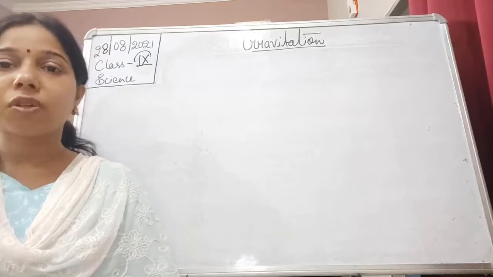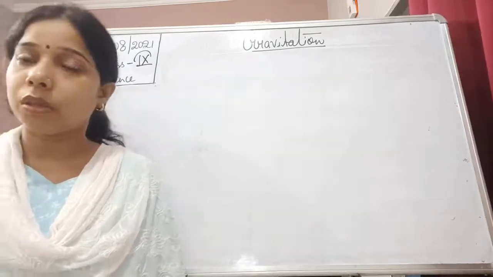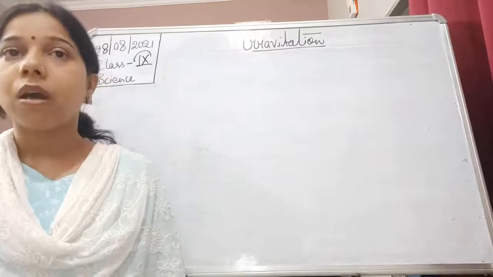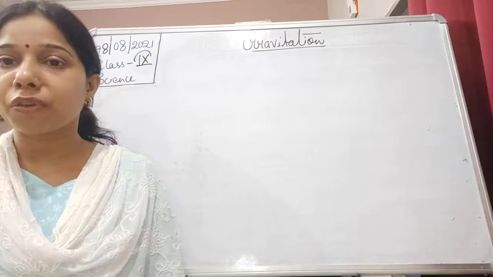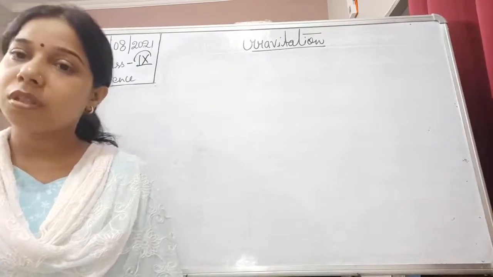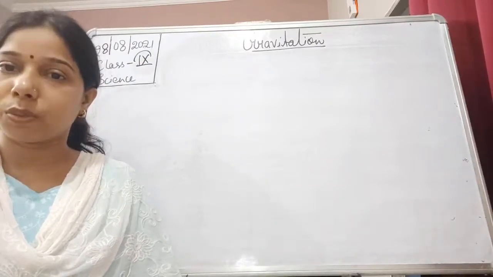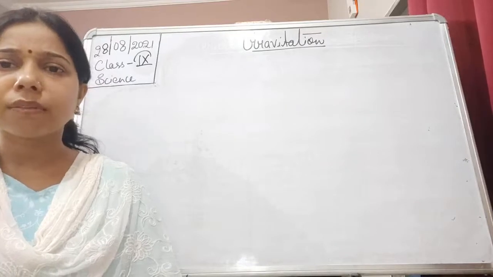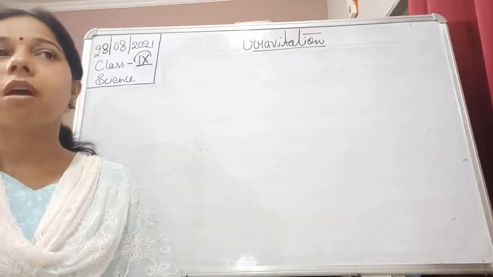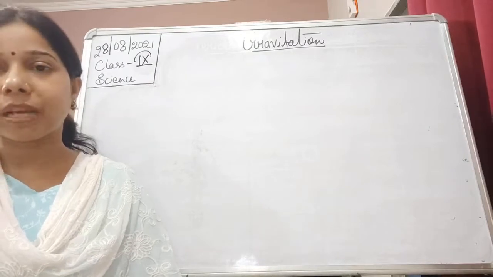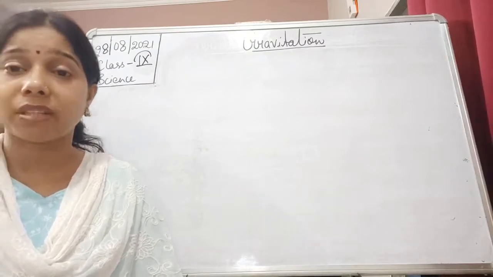by one of the objects on the other, and by the other object on the first one, is directly proportional to the product of their masses and inversely proportional to the square of the distance between them. This is the force of gravitation, and this law is applicable everywhere. That's why it is called the universal law of gravitation.